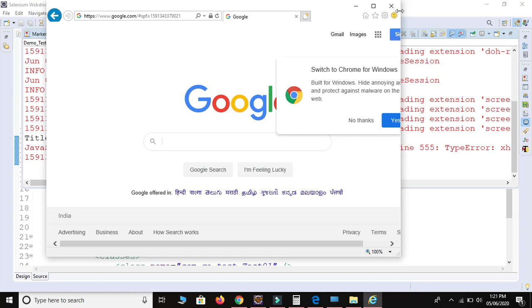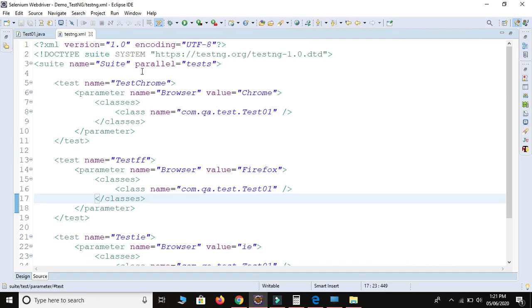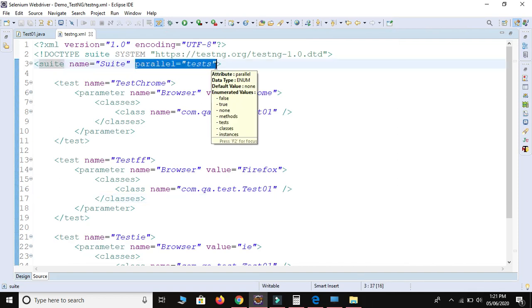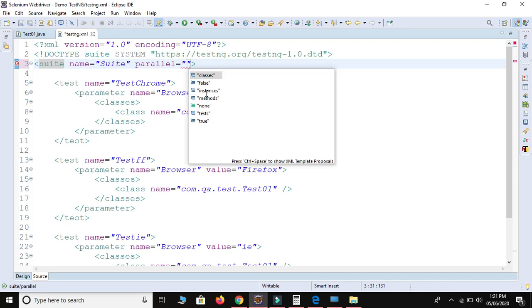Okay, so now let me close this one, because on my machine I don't know why, but Firefox takes a few more seconds compared to other browsers. So this is the only key and value. Based on this key and value, we are able to execute our script in parallel. We are able to provide some different values also.